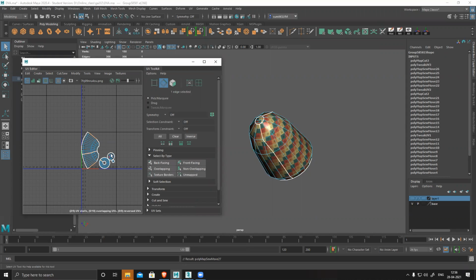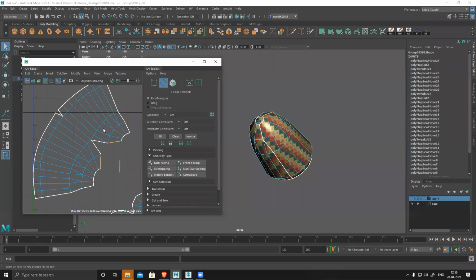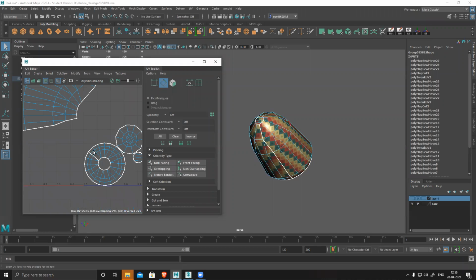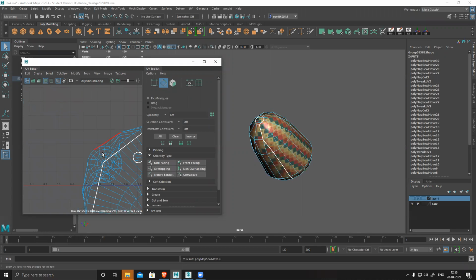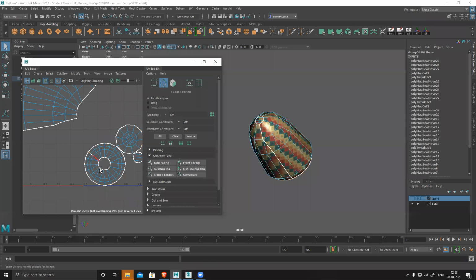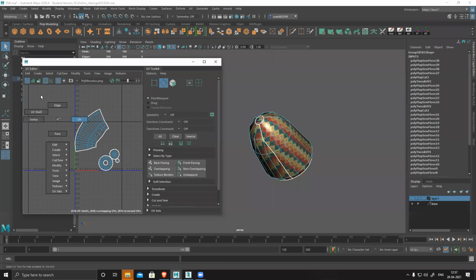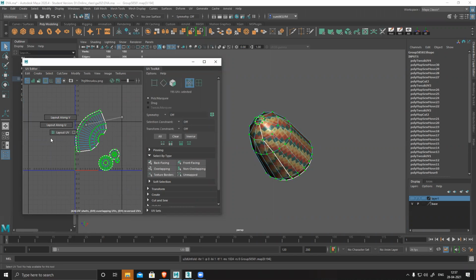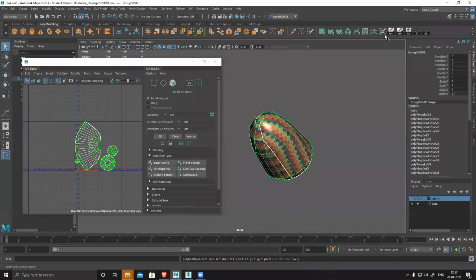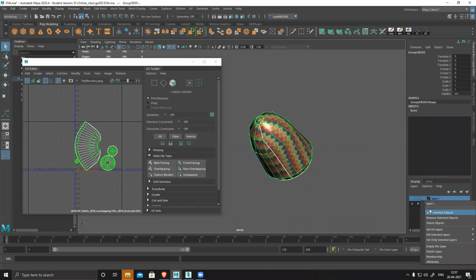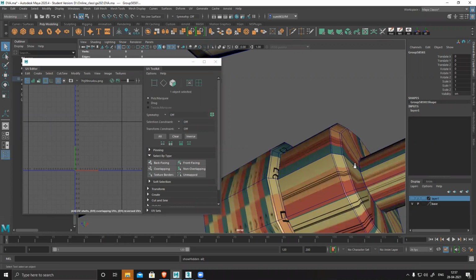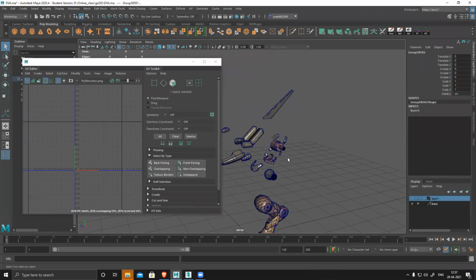Cut. So like this, unwrap everything. So almost everything is unwrapped.